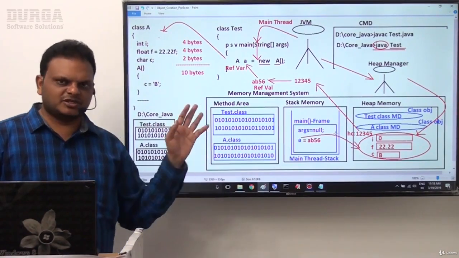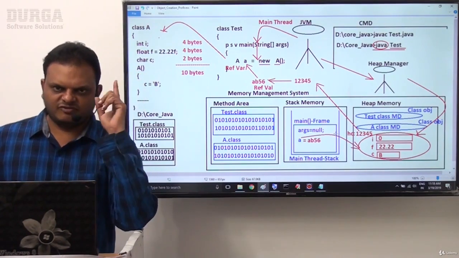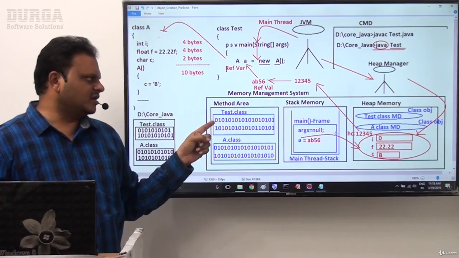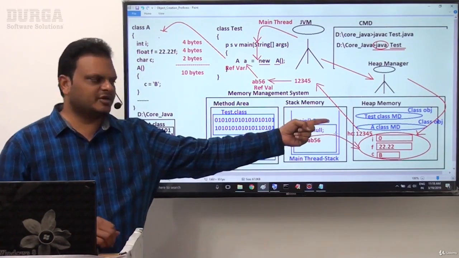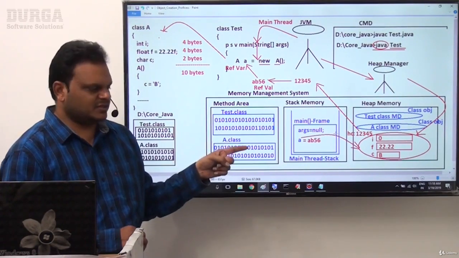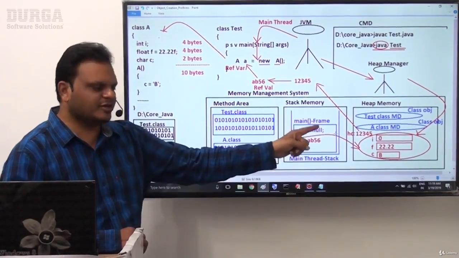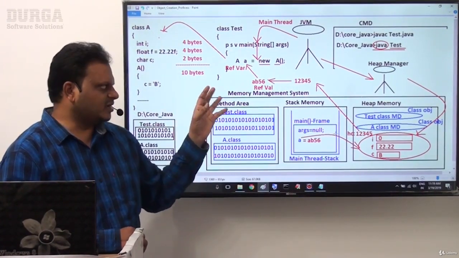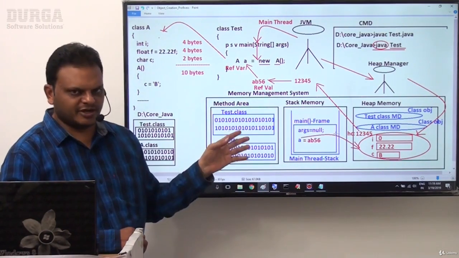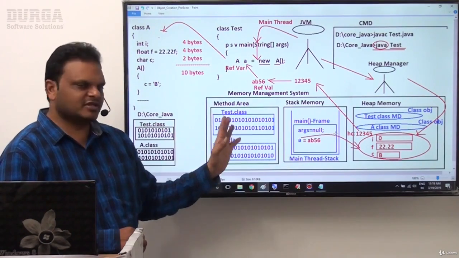In this overall object creation inside Java programs, 2 more fundamental points we understood clearly. The first point is, whenever we load class bytecode into the method area, automatically a class object will be created inside the heap memory which contains the metadata of the respective class. Next, if any thread is created in a Java program, automatically a stack will be created inside the stack memory to store the method data, which methods are accessed by the respective thread. The stack here is for the main thread.